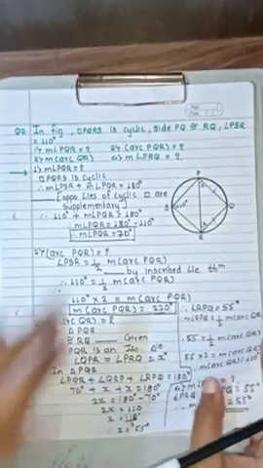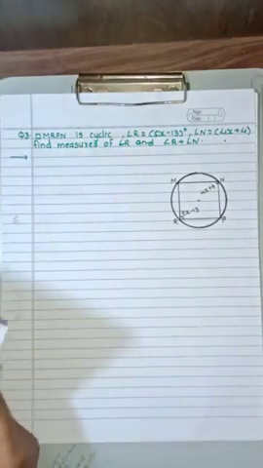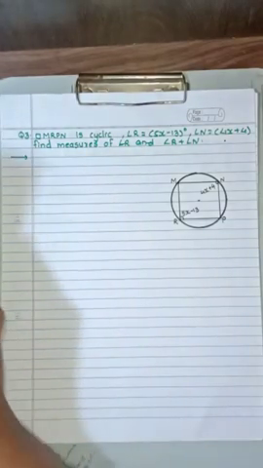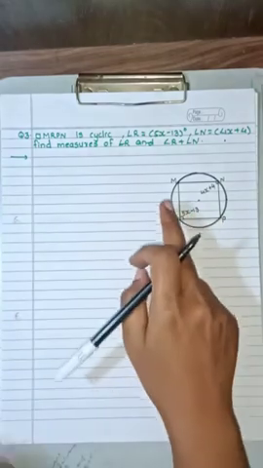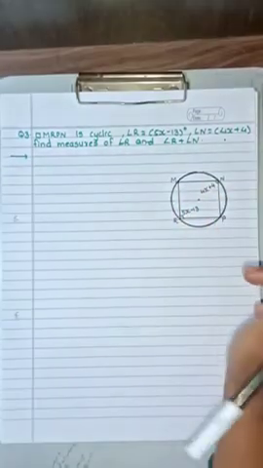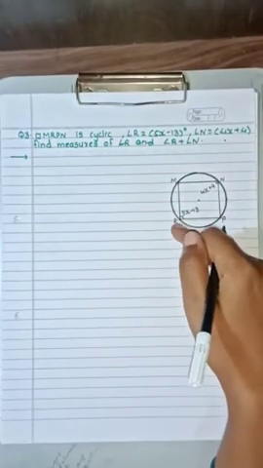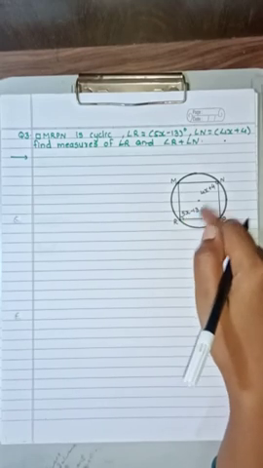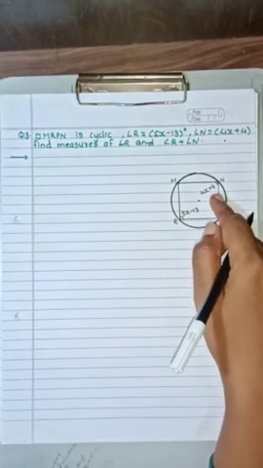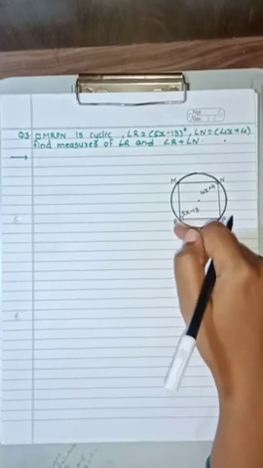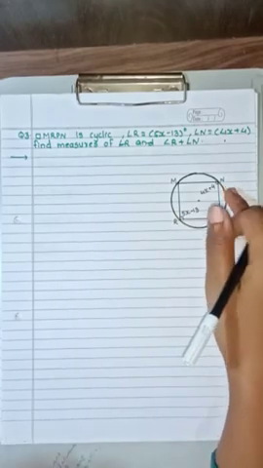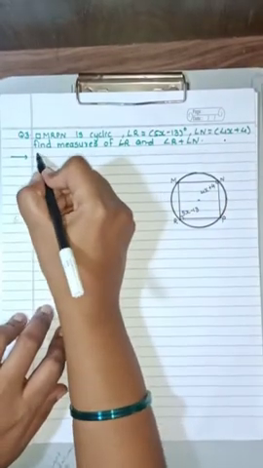Okay, now let us move on towards question number 3. Question number 3 is very easy, dear children. Now in this question they have asked you, quadrilateral MRPN is a cyclic quadrilateral in which angle R is 5x minus 13 degrees and angle N is 4x plus 4 degrees. You have to find the measure of angle R plus angle N. Okay, so let us move on towards the solution.